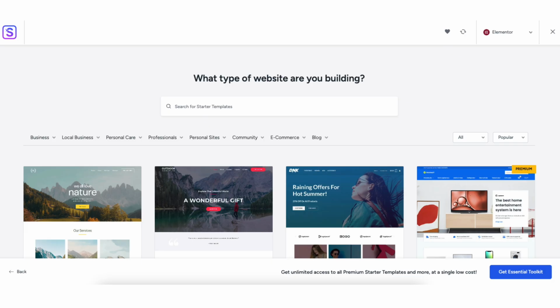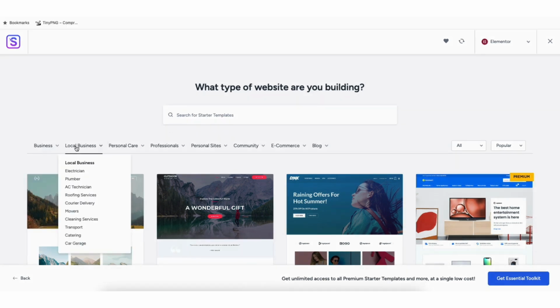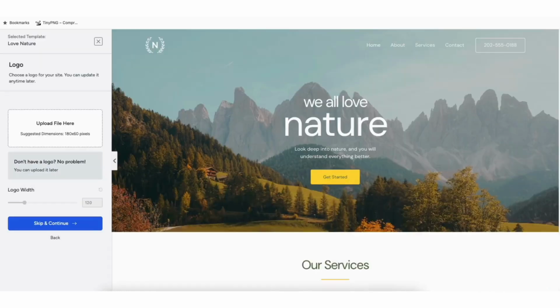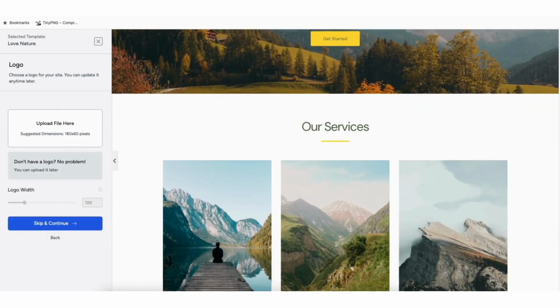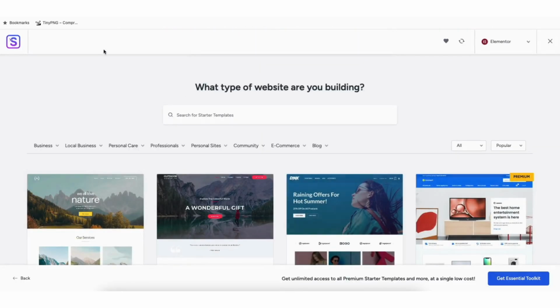You can type in the type of website you want to create to pull up templates based on that. You'll see a bunch of categories you can hover over and select to build your site. If you click a theme, it'll show you what it will look like so you can preview it. Click the X button to go back to the themes page.